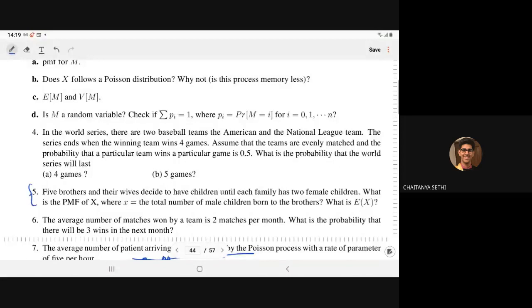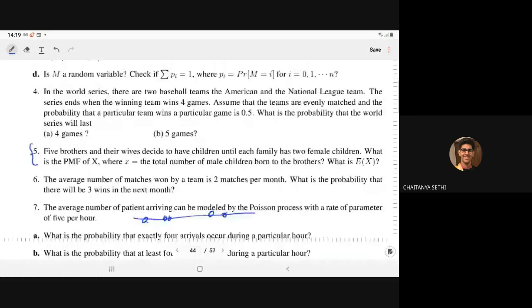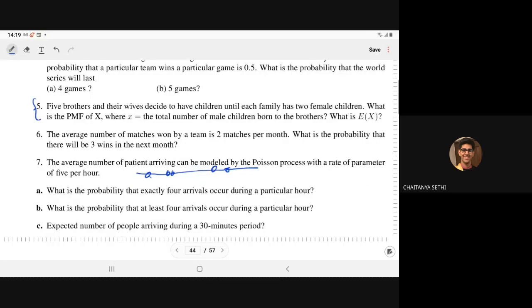Sir, couldn't we have used the cumulative distribution function, the table, for the less than part B? Yes, you can use it, but sometimes for all the possible mu, there is no table. For all the mu we cannot provide the table, so then you have to do like this. If the table is not available, then you can use this. But for mu equal to 5, the table is available. Just to demonstrate how you can compute if the table is not available to you.